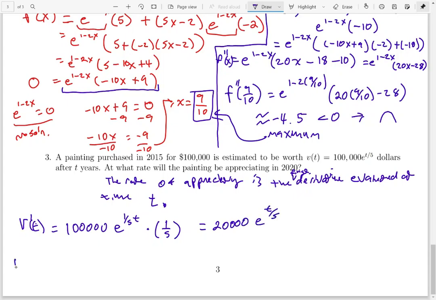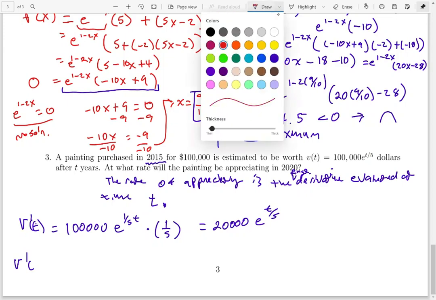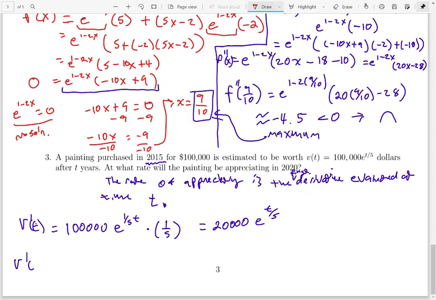At this point, if I want to know what is v prime of t, where specifically we want to know what t is in 2020, well, the deal is that since the painting was bought initially in 2015, we do have to do a little bit of side work. Specifically, the time t that we're looking at is the final year. The t we're looking for is the final year 2020